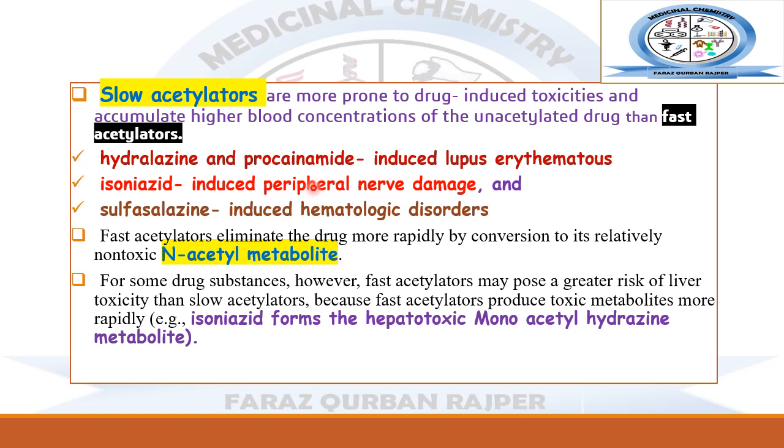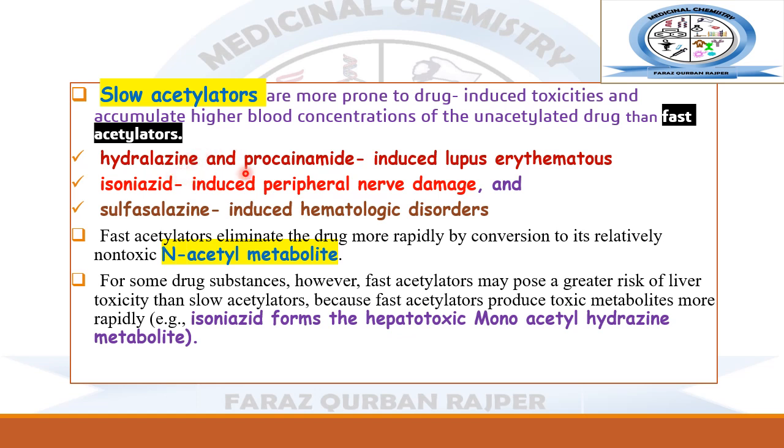And some acetylation reactions are slow and some are fast acetylators. So the slow acetylation reaction will cause the accumulation of drug molecule in the blood plasma, and due to the accumulation in higher concentration, drug-induced toxicity may occur in comparison to the fast acetylator. So an example of such drugs in which slow acetylation occurs and drug toxicity occurs